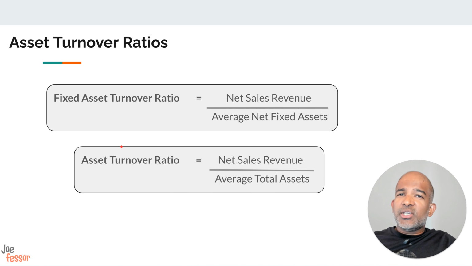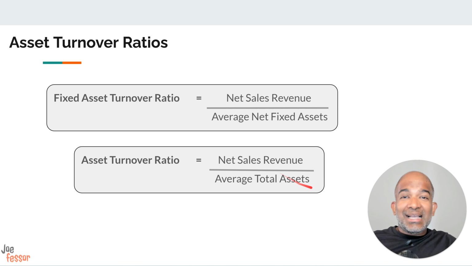Alright, we are continuing our efficiency analysis with the fixed asset turnover ratio. This ratio measures management's ability to utilize its investment in long-term tangible assets like equipment and buildings to generate sales. It's calculated by dividing net sales revenue by the average net fixed assets. We use average net fixed assets because fixed assets are a balance sheet account requiring consistency with the income statement. A high ratio is favorable, indicating the company has a competitive advantage in utilizing its fixed assets to earn